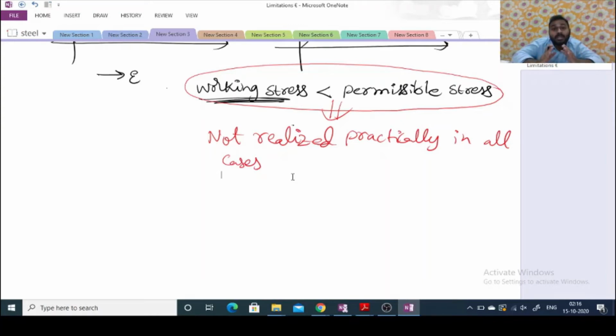So in the working stress method, there is no consideration for the non-linear behavior. It means these working stresses will exceed permissible stresses, and chances are there for the working stress to near yield stress. Not in all the cases, but in some cases. Then stability criteria is for sure to be considered, but the basic design criteria in this method itself is that working stress should be less than permissible stress. Hence, no need to take care of stability criteria.